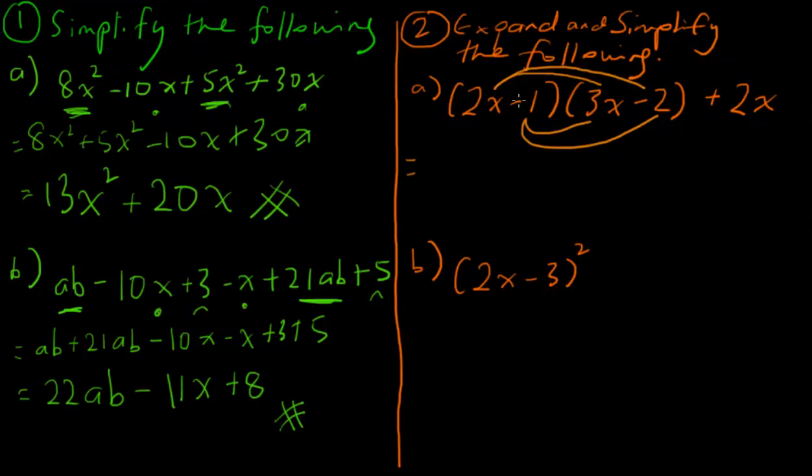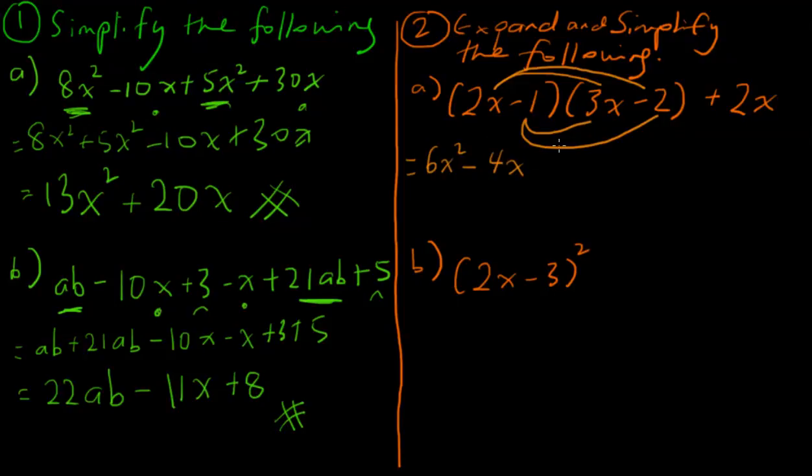The top rainbow that we have, 2x multiplied by 3x, is 6x squared. 2x multiplied by negative 2 is a negative 4x. Once again, when we are multiplying terms with different signs, in this case positive 2x multiplied by negative 2, the answer should have a negative value. When you're multiplying terms with the same signs, whether it's a negative times a negative number or a positive times a positive number,